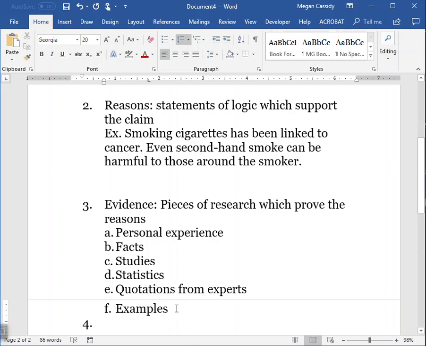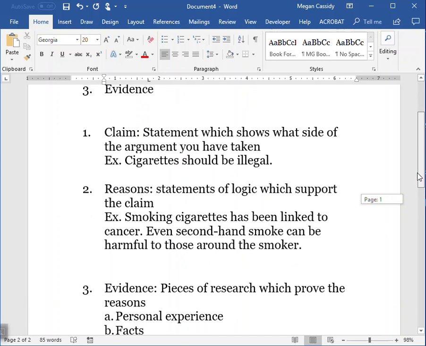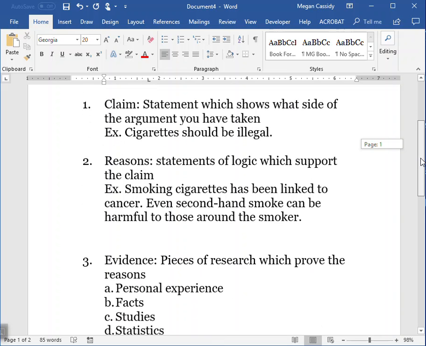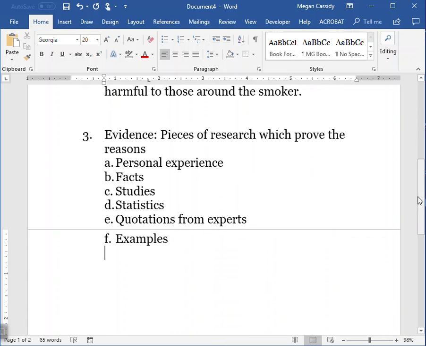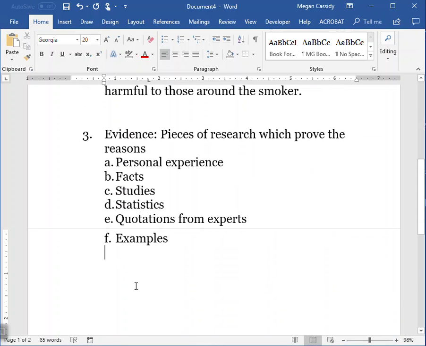Again, you can kind of see how this would build a strong argument, because if you have just your claim and your reasons but nothing to back it up, that's also going to be a problem. Cigarettes should be illegal because secondhand smoke can be harmful to those around the smoker. And then if you said that, someone would maybe say to you, prove it. So the reason that we can prove it is because so many studies have been done, right? So someone might say,